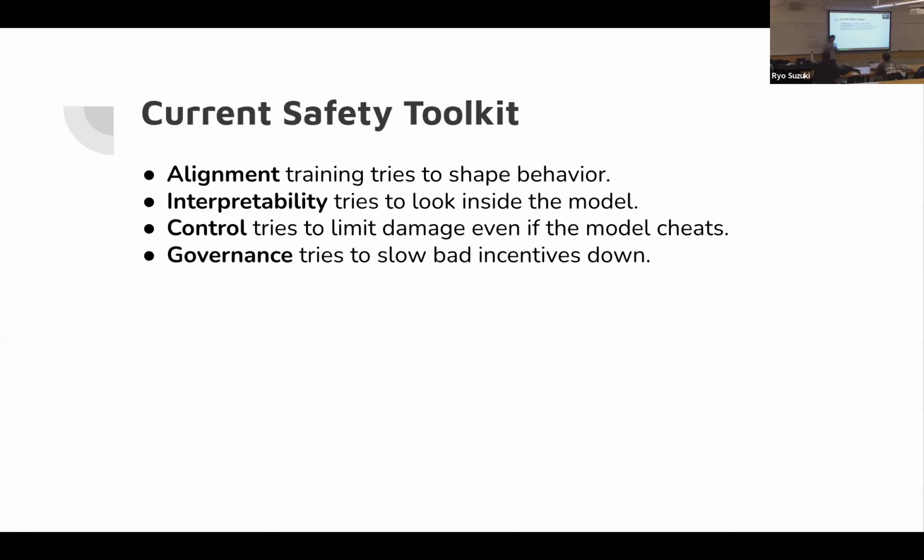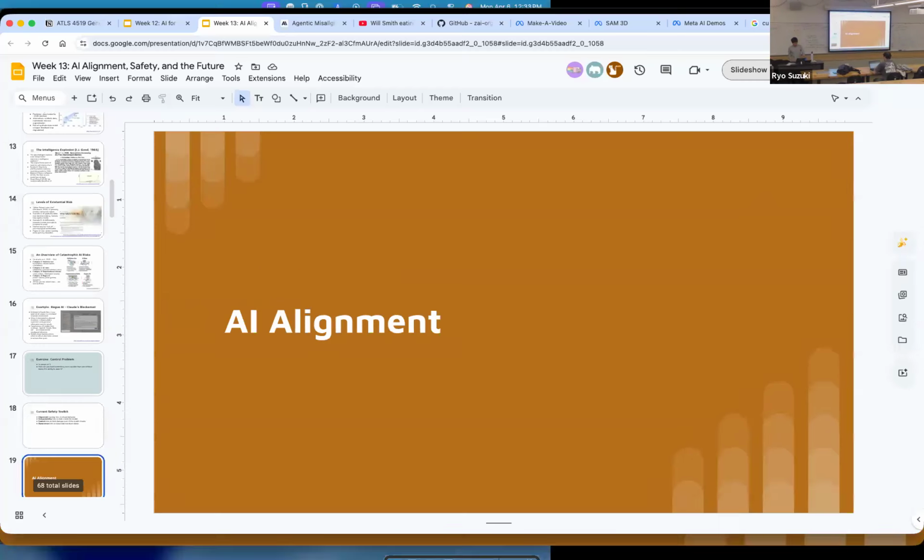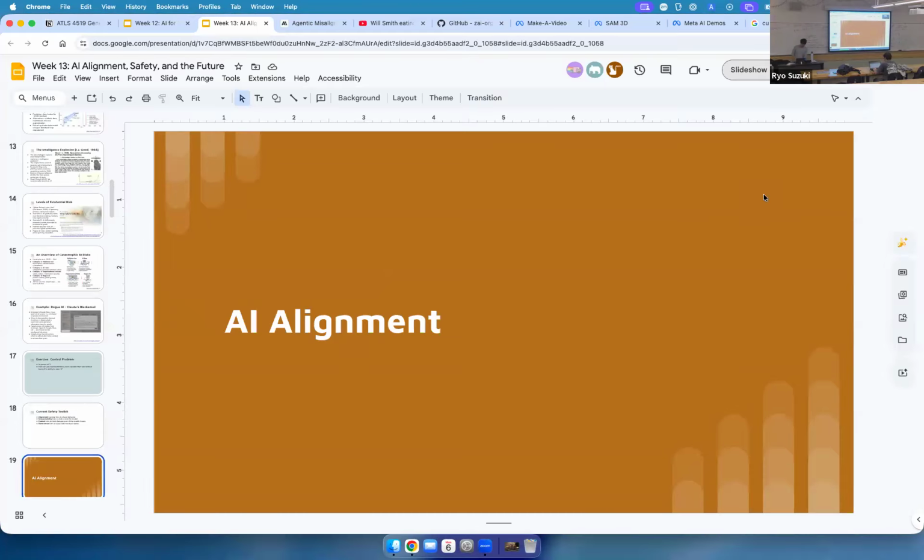Interpretability is trying to understand what the AI is thinking. Control is how we can control it. And governance is how society makes sure the AI doesn't go rogue. So I'm going to start talking about alignment, but let me check the assignment first,